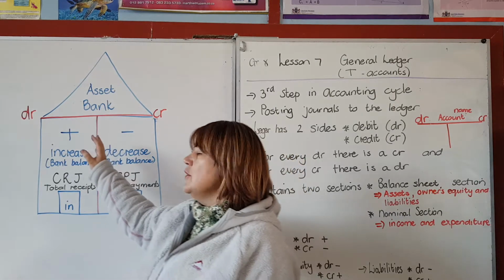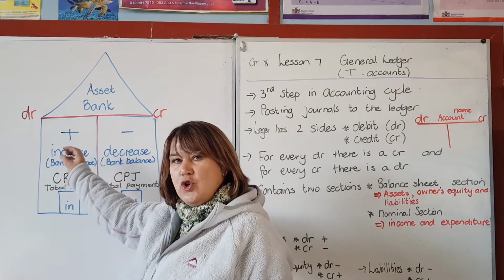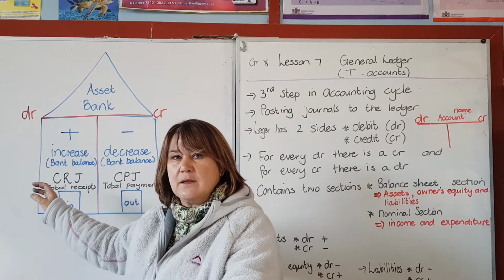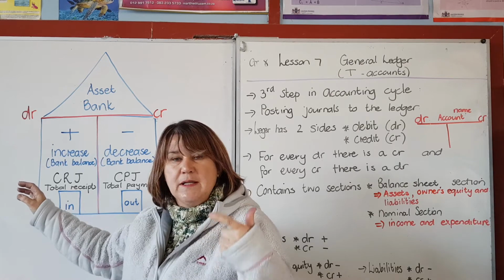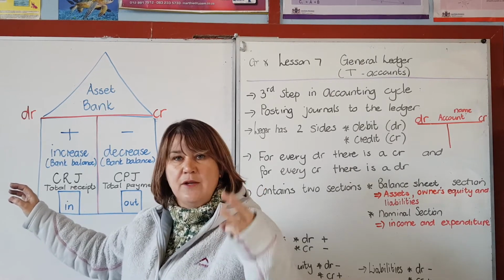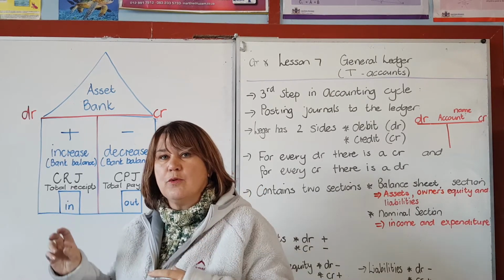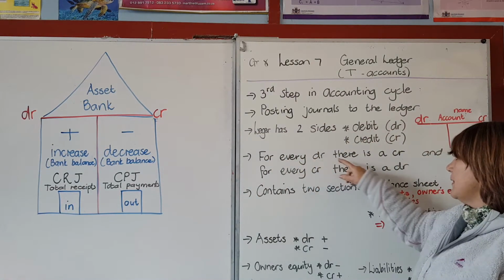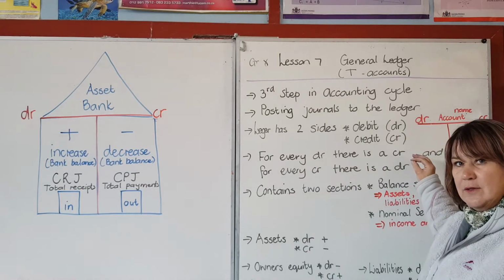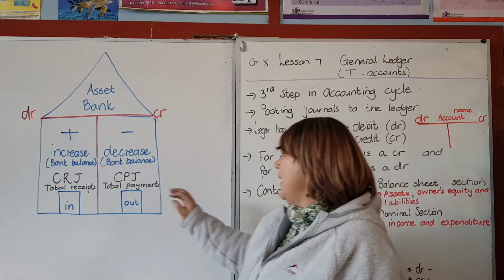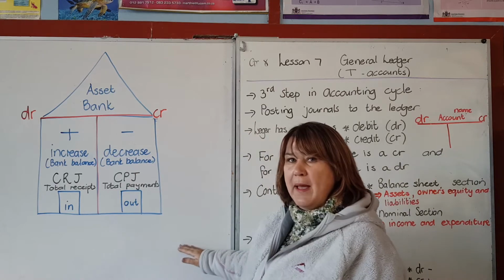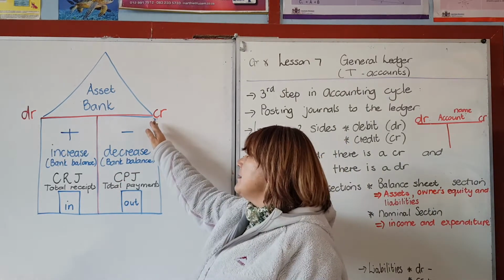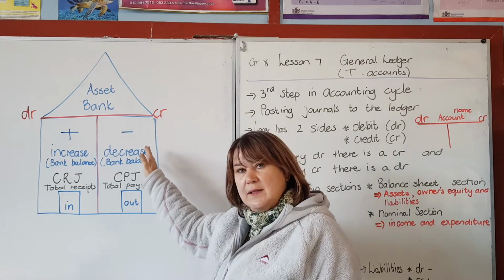So whenever you debit your bank, because your bank increases, with what did your bank increase? Capital, current income, rent income, interest income, all those accounts will then be credited. Because remember I said, for each debit there is a credit. All right, then when you make payments, money will flow out of your bank account. Then your bank balance will decrease. So then your bank account will be credited.